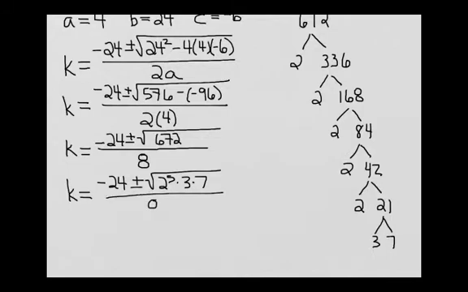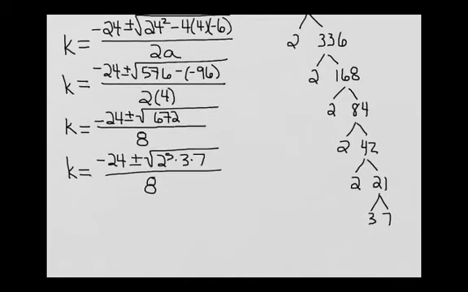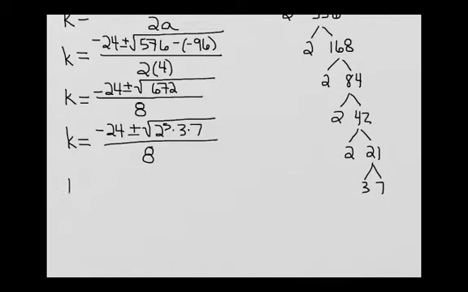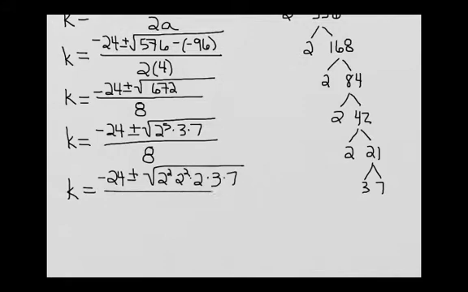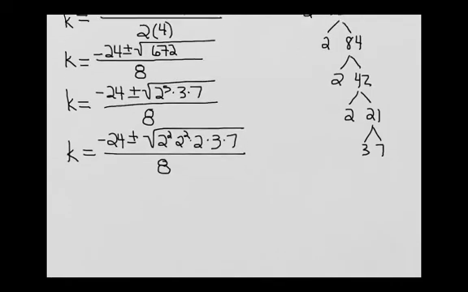And then we need to divide that by 8, and now we can see that we can simplify this square root by writing it as 2 squared times 2 squared times 2 times 3 times 7, and that's going to be divided by 8,